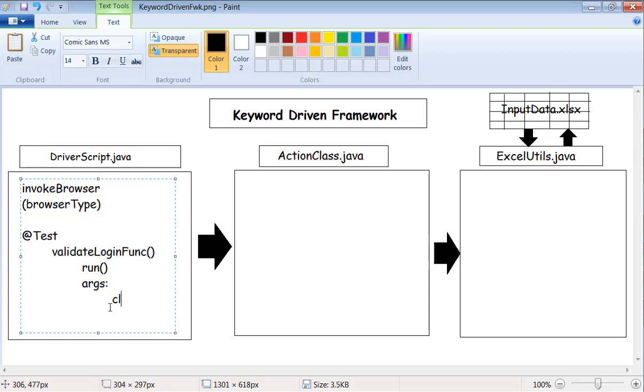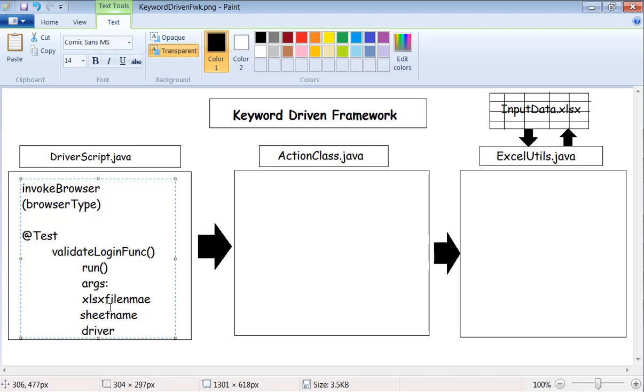What are these arguments? We maintain the XLSX file name, and we maintain the sheet name. And one more thing we pass is the driver object, while calling this run method.